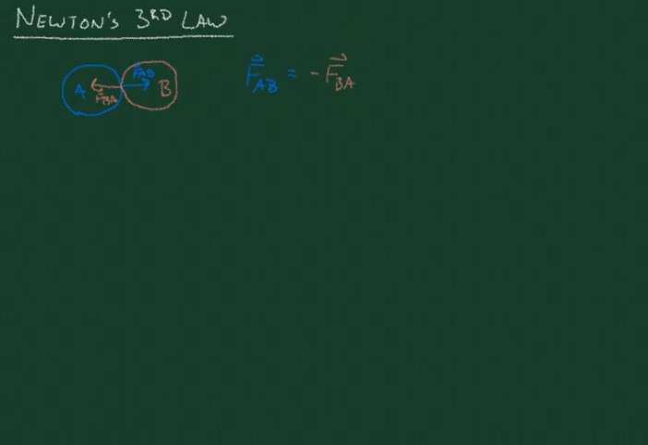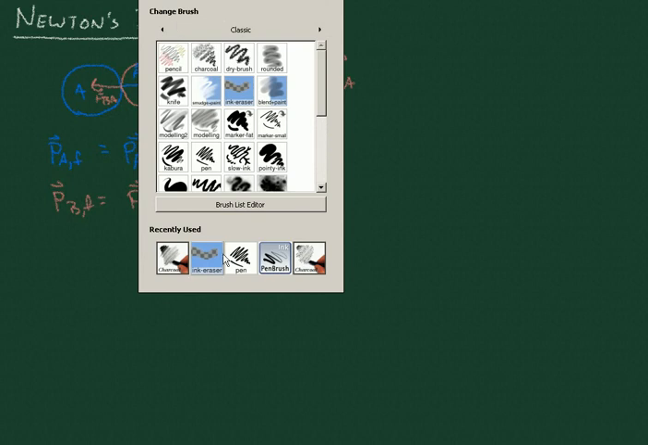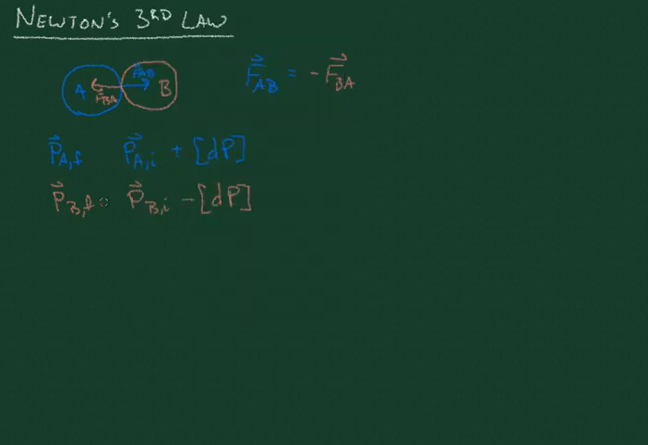But now let's remember, we looked at this in terms of momentum, because we said that the momentum of A final was equal to the momentum of A initial plus the impulse that it received from the interaction with B. And we said that momentum B final was equal to momentum B initial minus the impulse that it gave to A. And so recall that now we can just change this to a subtraction,